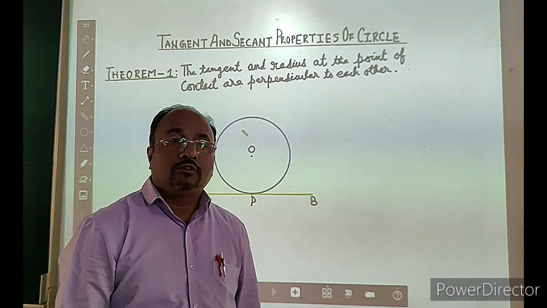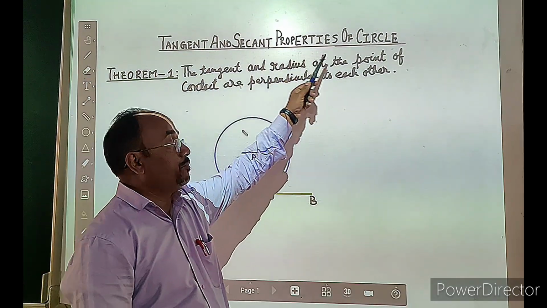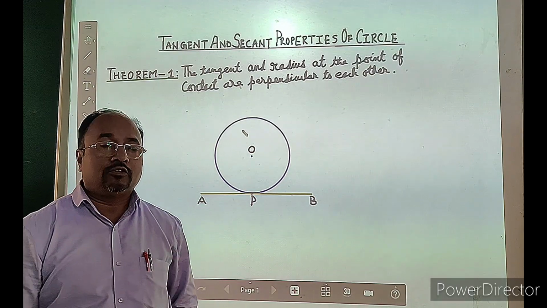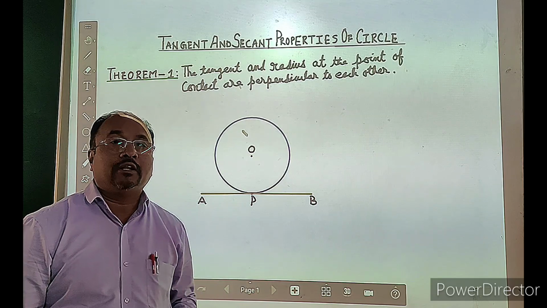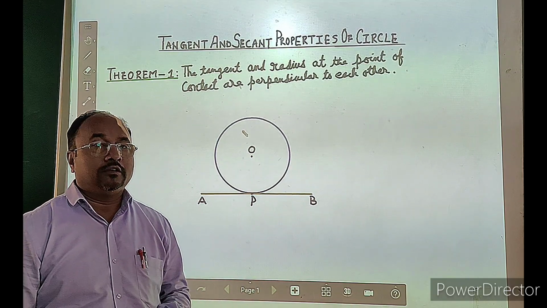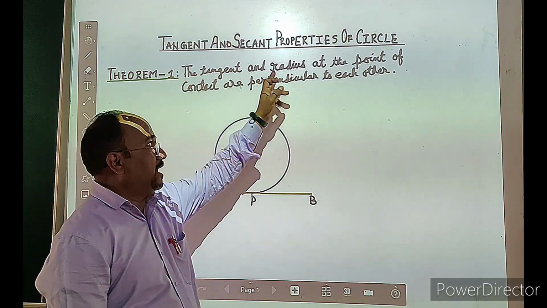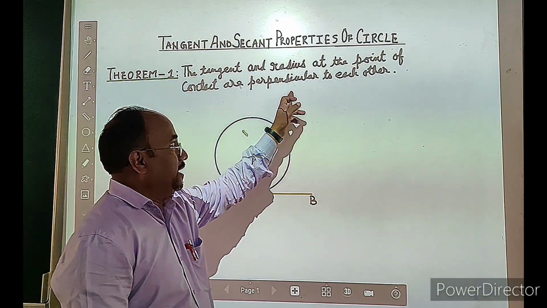Hello students, today we are going to study the tangent and secant properties of a circle. I will be taking the important theorems, showing them mathematically and showing the mathematical information which we get from them. So starting with the first theorem, it says the tangent and radius at the point of contact are perpendicular to